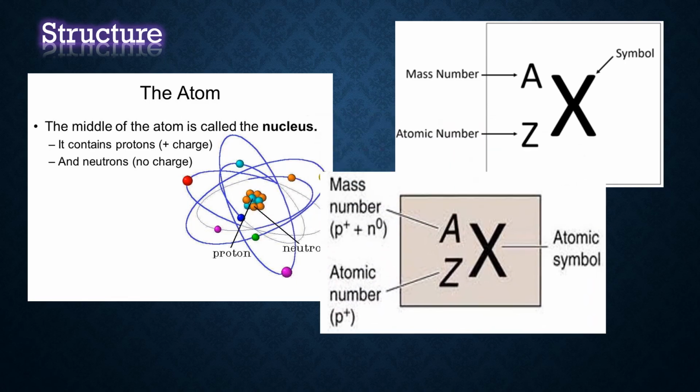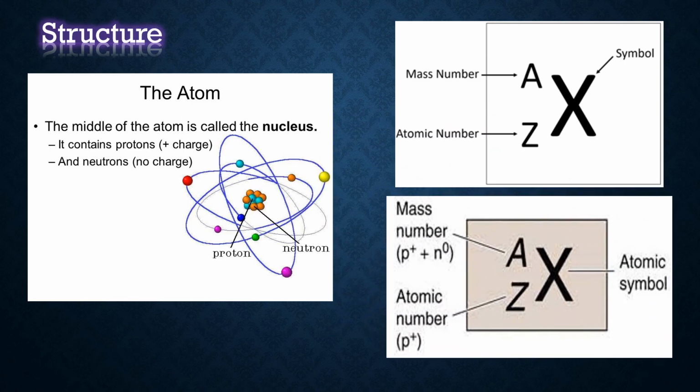Okay. Then see the clear definition of A and Z. The mass number is protons plus neutrons. Protons plus neutrons, where are they? In the nucleus. So the total number of protons and neutrons is called the mass number. Then only the proton number is said to be the atomic number. The atomic symbol depends upon the name. We coin it as the first letter, second letter, like that. So you know that one.